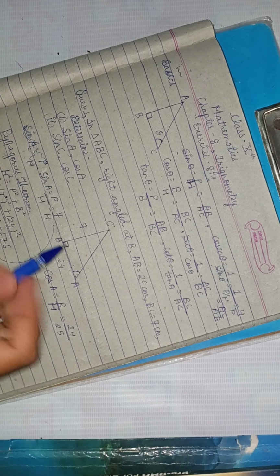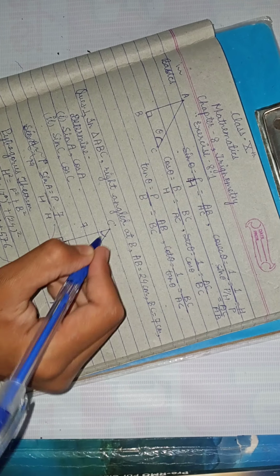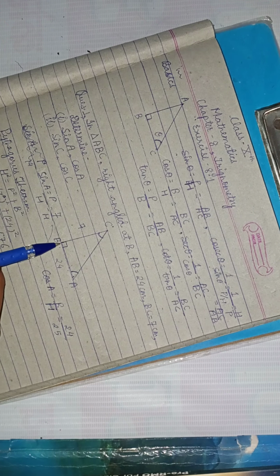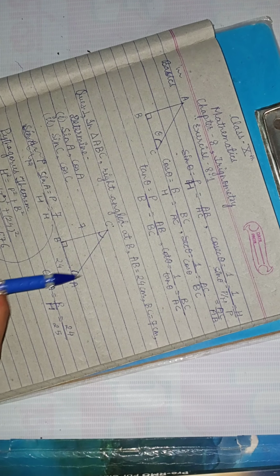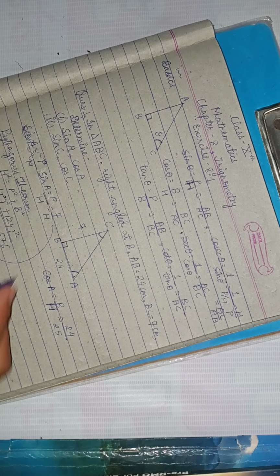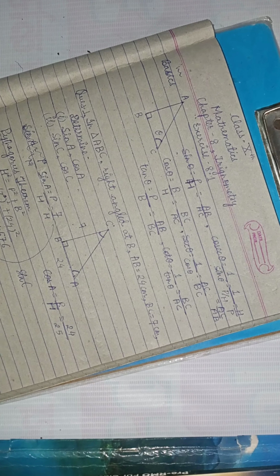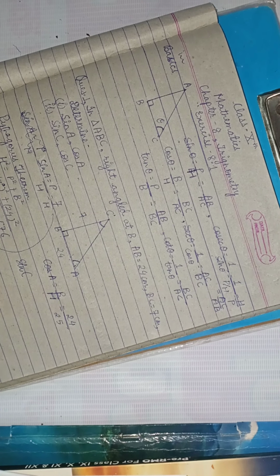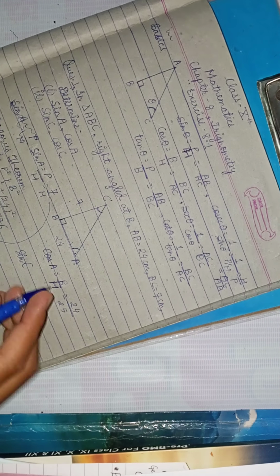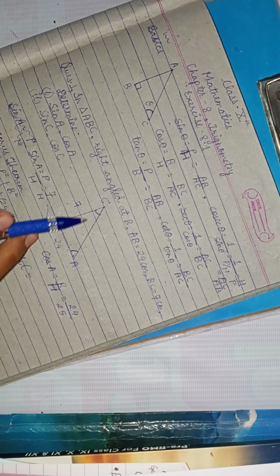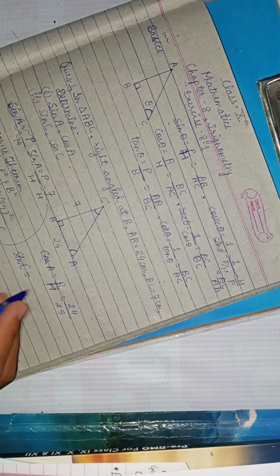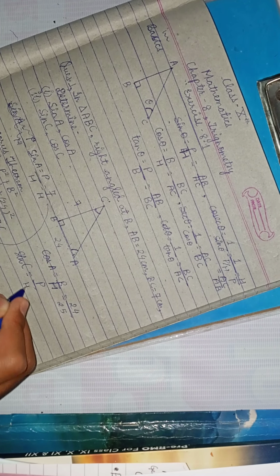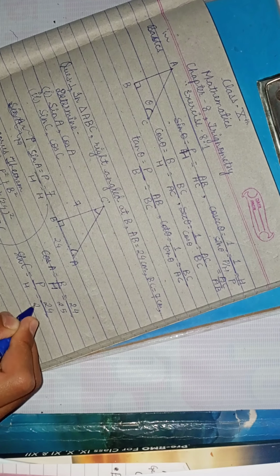Now sin C means according to this angle C. According to this angle C, the perpendicular will be AB, and the base will be BC, and hypotenuse will be the same AC. So now applying the sin C. Sorry for that disturbance. So let's move on. Sin C. So according to this angle, the perpendicular is AB, and the hypotenuse is AC. So that will be perpendicular by hypotenuse equals 24 by 25.